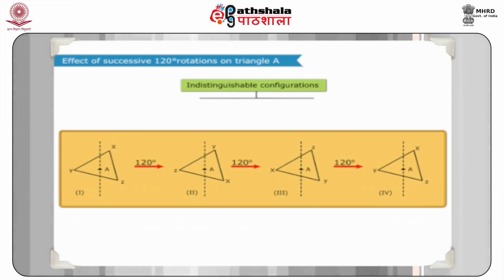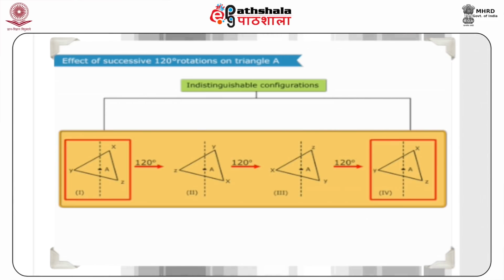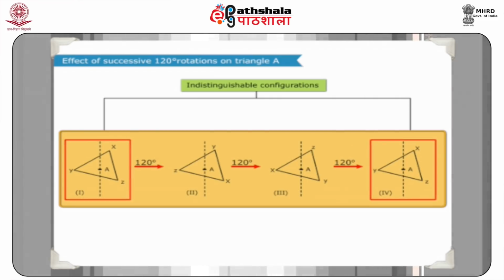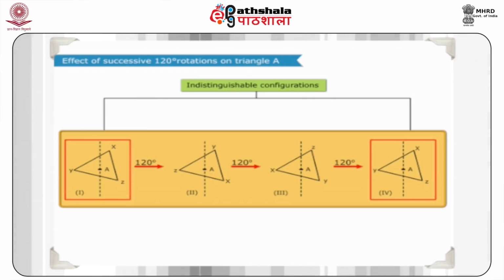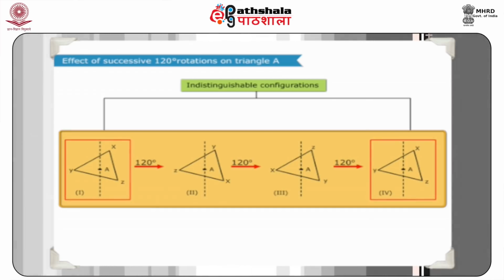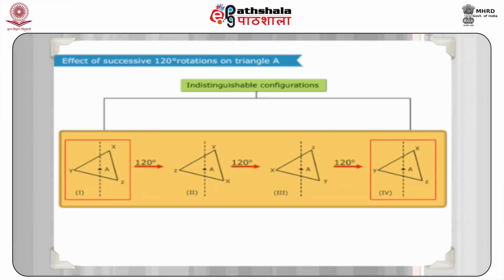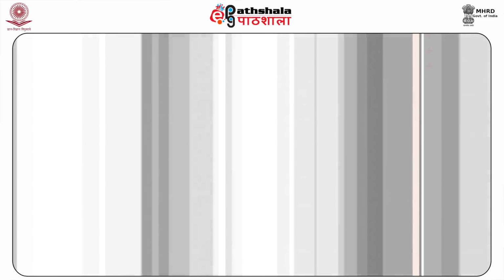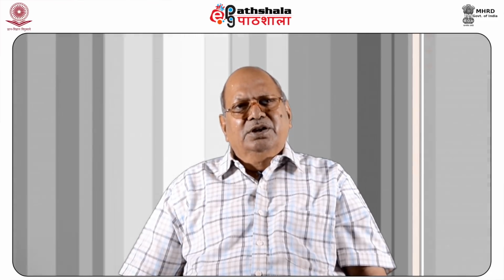In these types of rotations or operations, we had an imaginary line running perpendicular to the plane of the triangle. The rotations were performed about this line. Since at the end of the operation we get indistinguishable configurations, these imaginary lines and physical movements or rotations or operations are special. Now let us define symmetry elements and symmetry operation, and let us try to make a distinction